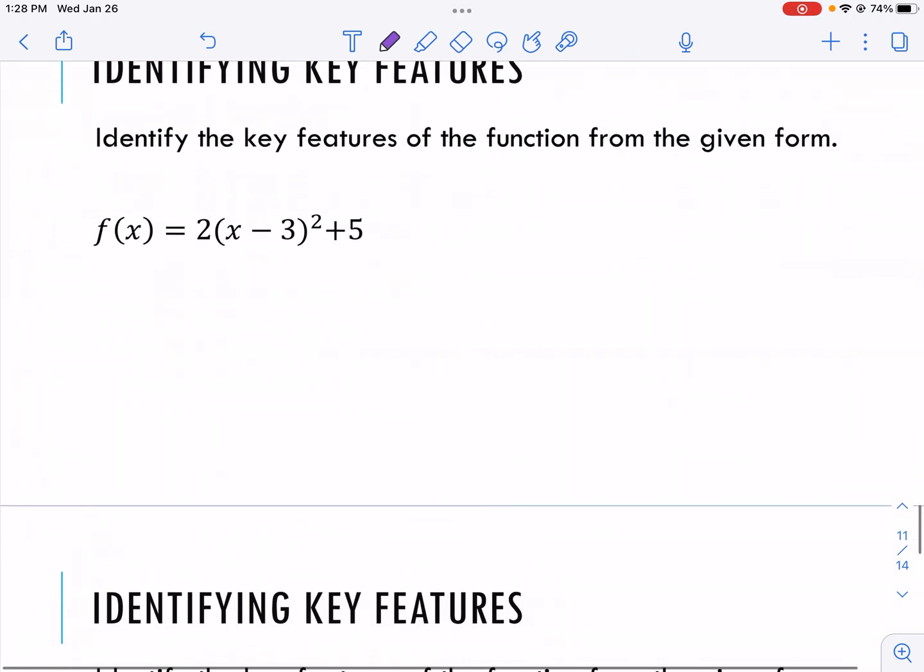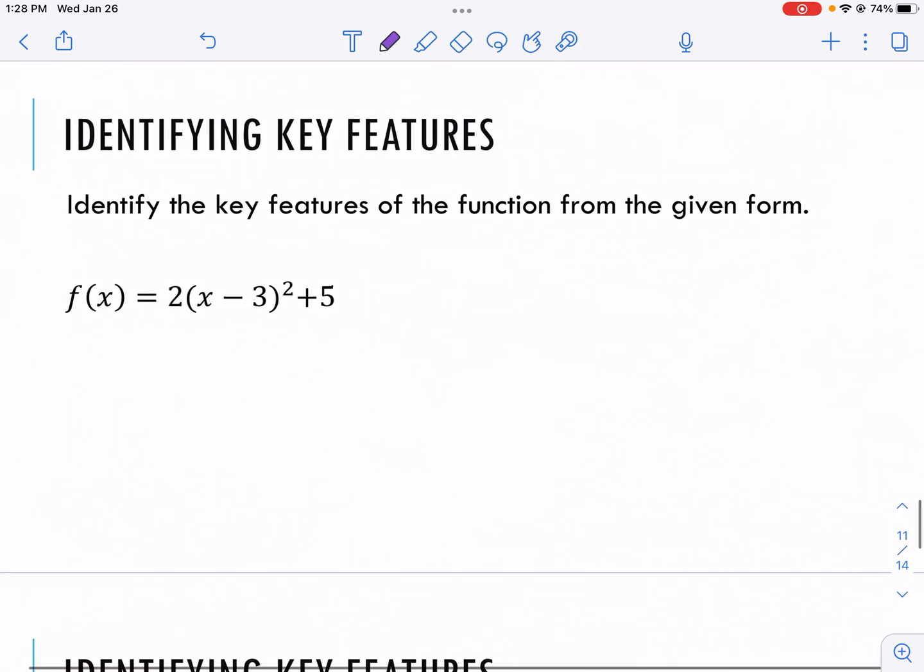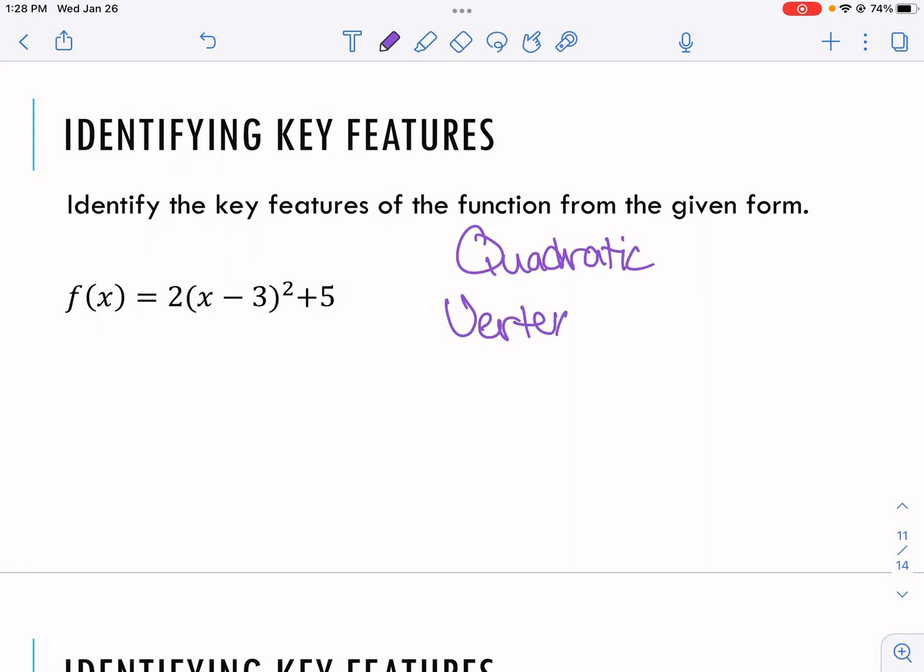Okay, we have a couple more examples left here, so I would maybe pause the video, see if you can try this one. If we look here, we see it has a degree of 2. Again, it's all based off of the degree, so we know this is quadratic. And if we think back to those forms, this one is that vertex form. So I would have these forms out as you are working on this assignment. So h and k